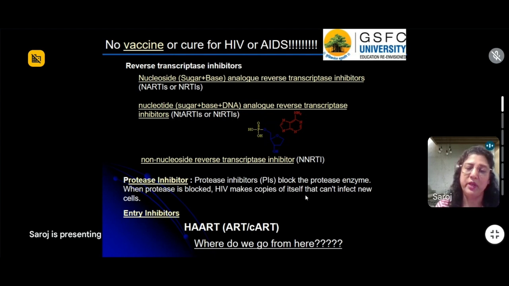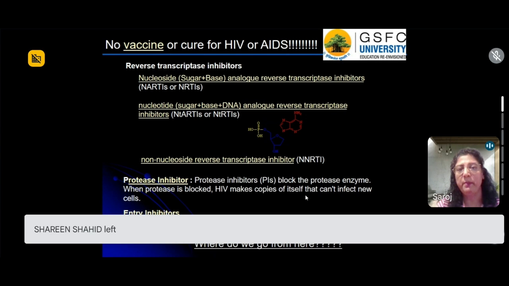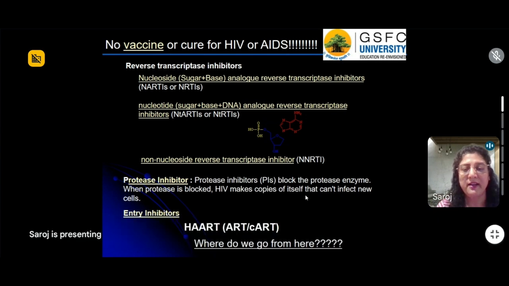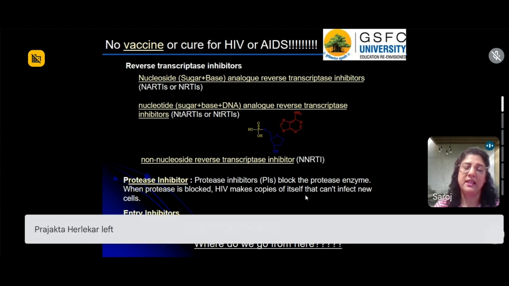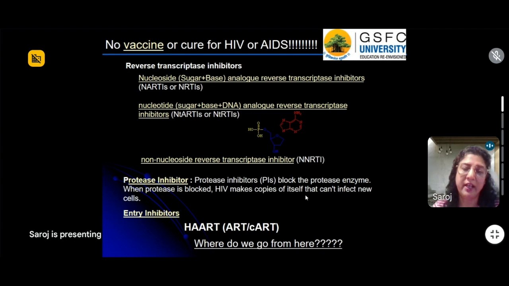Another category is the protease inhibitors. If you remember the life cycle of the HIV virus, we saw how proteases, the enzymes, are important for making the capsid of the virus. The capsid is entirely made up of proteins. So if you can have inhibitors which do not let the capsids assemble, then if there is no viral assembly, you are again blocking the infection of the virus.